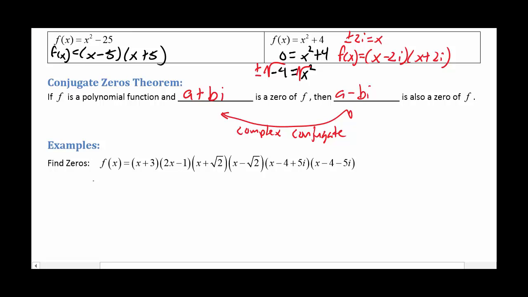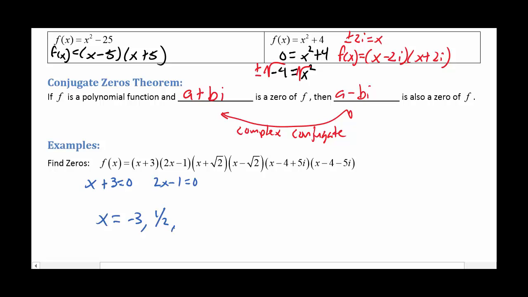And so you can write it out one by one and just say, well, x plus 3 equals 0, so that means x is negative 3. 2x minus 1 equals 0, so bring the 1, divide by the 2, so I get positive a half. But hopefully we've gotten to the point where if we have it in factored form, then we can quickly solve